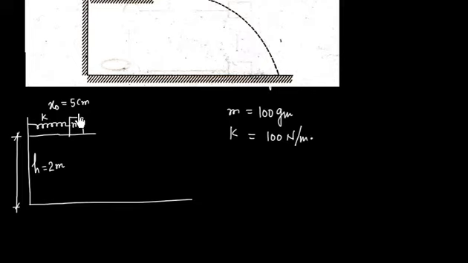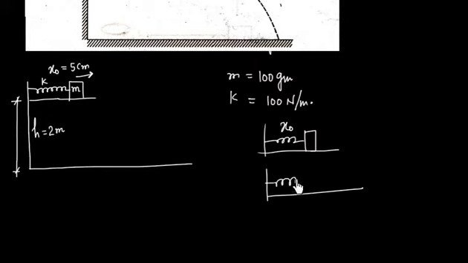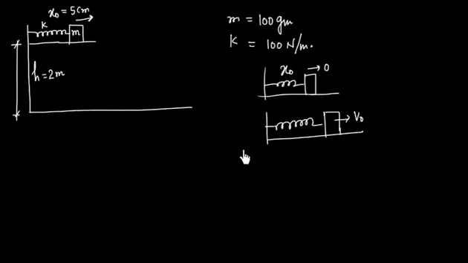So let us first find what will be the velocity of this block by which it will start moving. This can be found using energy conservation. So initially this block is compressing this spring by x naught. When this spring will regain its natural length, the block will be here. It will have some velocity. Initially the block has 0 velocity, but the spring has some potential energy. So we can apply energy conservation to calculate this v naught.